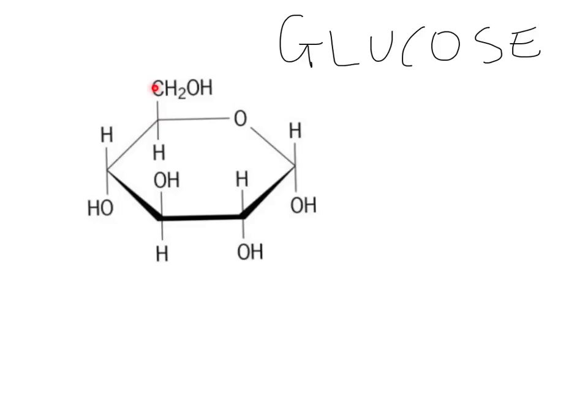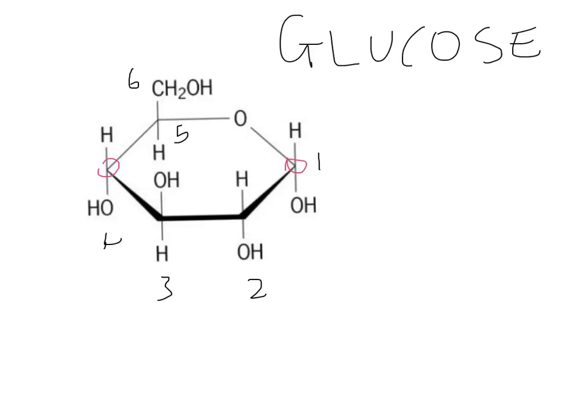Now they are numbered clockwise from the oxygen, so carbon 1, 2, 3, 4, 5 and 6. The most significant ones are carbon 1 and carbon 4, as those are the carbons that contain the groups which will then be involved in bonding when we start to look at disaccharides and